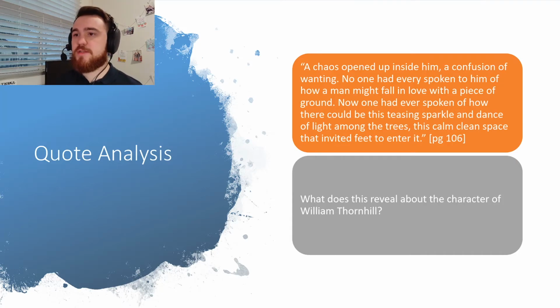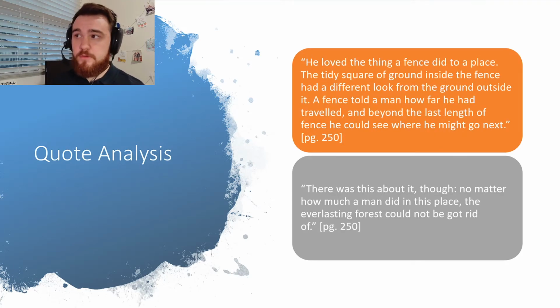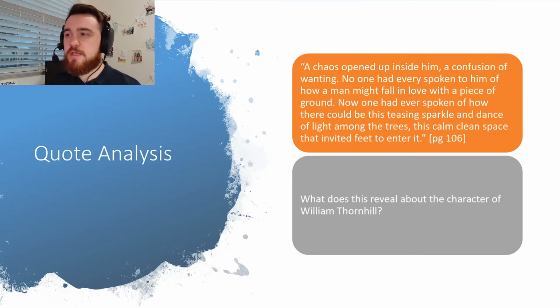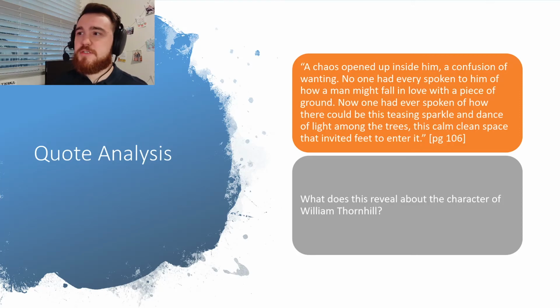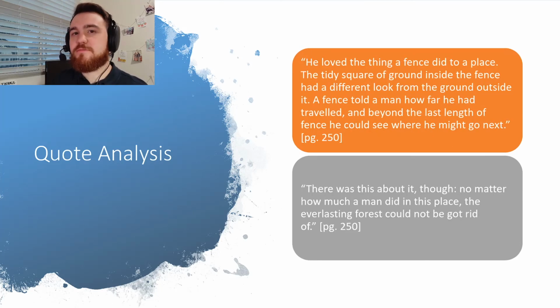And this is demonstrating to us, I suppose, his ignorance, because this quote that we read before about the fence and the dominance and the everlasting forest comes quite late in the novel. So we could talk about how this is the ignorance of the colonizers to think that they could tame it. It's commenting on the theme of home and of place and of how much one needs to have that. So this shows us that Thornhill really believes that he can take this land, but we know by the end of the novel that he can't.